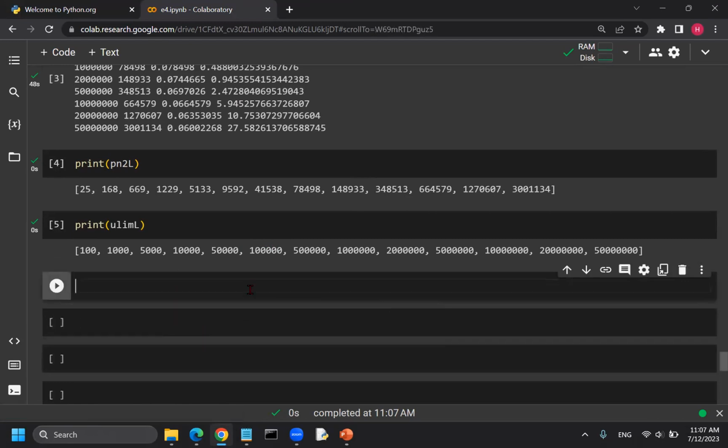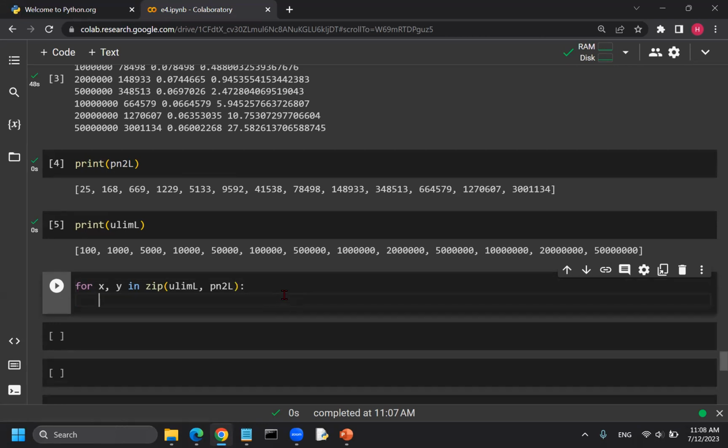So what we need to do is, for X and Y in zip, this is how we can combine two lists, ulim L and PN2L. So we want to check the